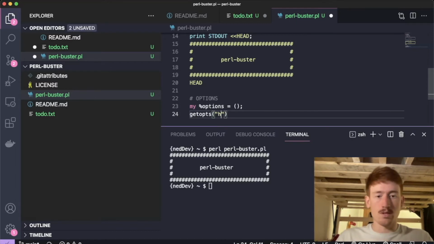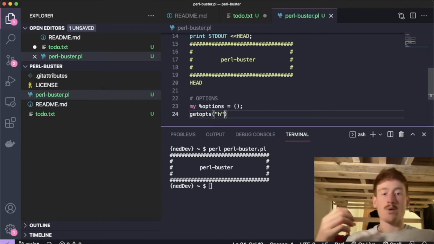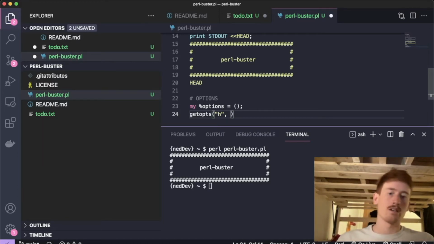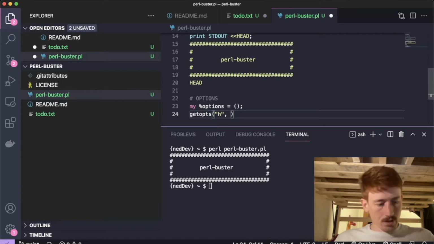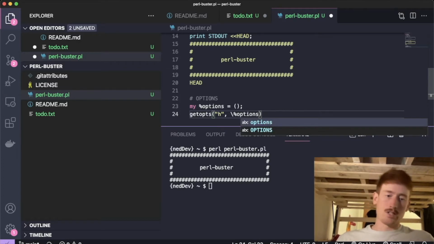If you do letter and then colon, then it expects something to come after that argument. So we'll start off with just H, and this will be our help option, and that's something we're going to keep on adding to as we go through. And now we pass in a reference to our options list,